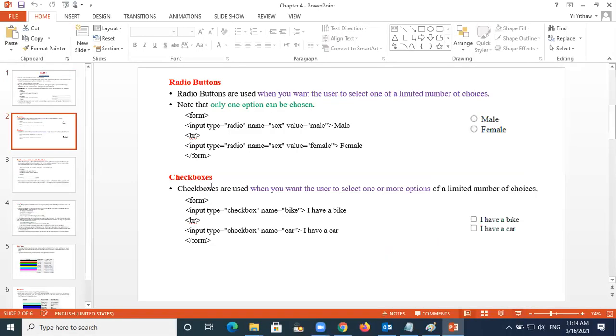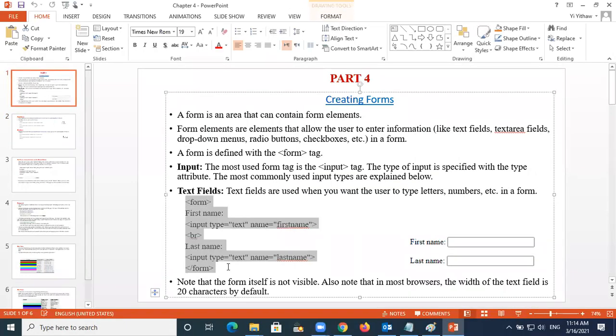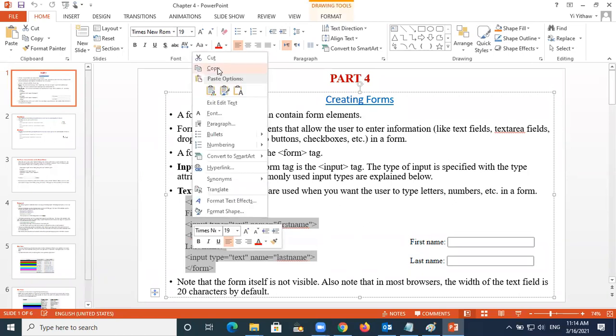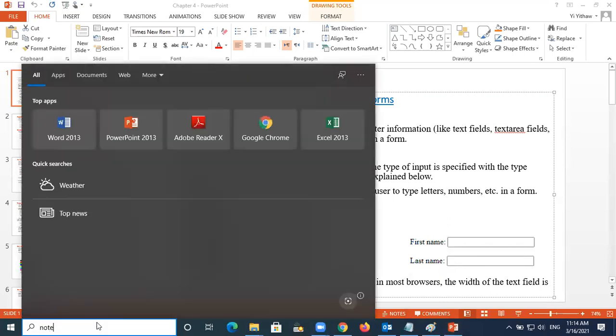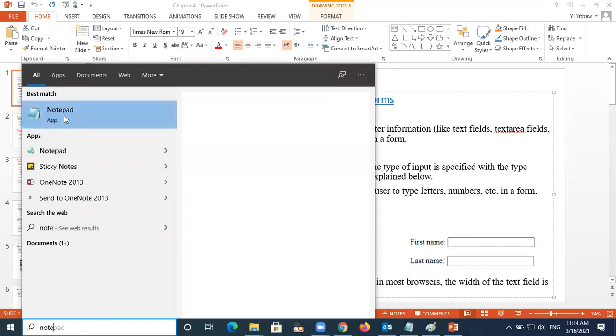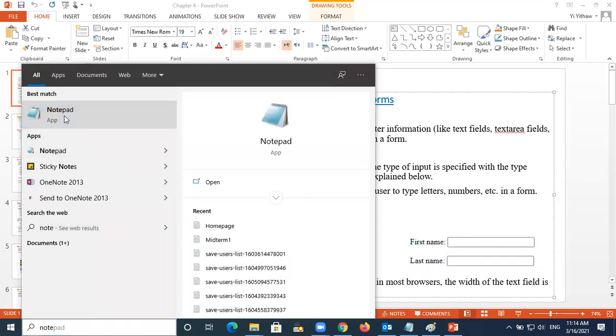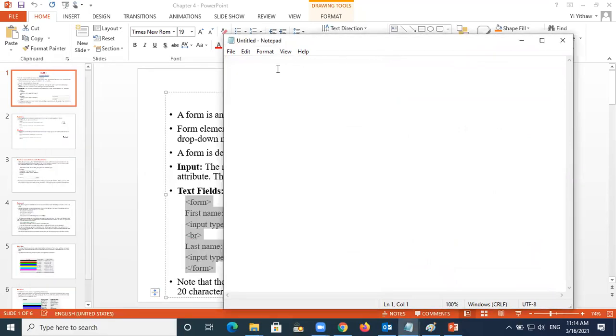Okay, let me copy this one, and then let's go and see in the notepad. Edit, copy. Okay, let me go to the notepad here now. Notepad. Okay, so in this notepad, make sure that you are going to write the HTML. But for the form, if you don't want to put the body, also no problem. But you must put the HTML open and then HTML close. Okay, so and here, wow, why is it not closing?